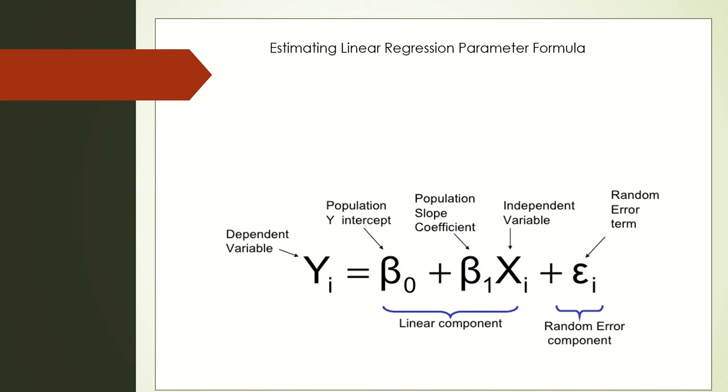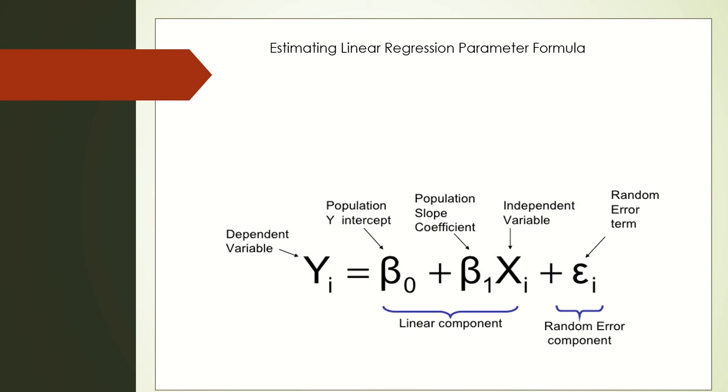Now, looking at our formula for estimating linear regression parameters, the y is our dependent variable in our prediction line in our model. The b naught is a constant in our prediction model that shifts our graphs up or down, which affects where our line crosses the y-intercept. Our b1 is our slope coefficient that linearly affects our x, our independent variable, similar to the mx in the slope-intercept equation. The epsilon variable represents our random error,